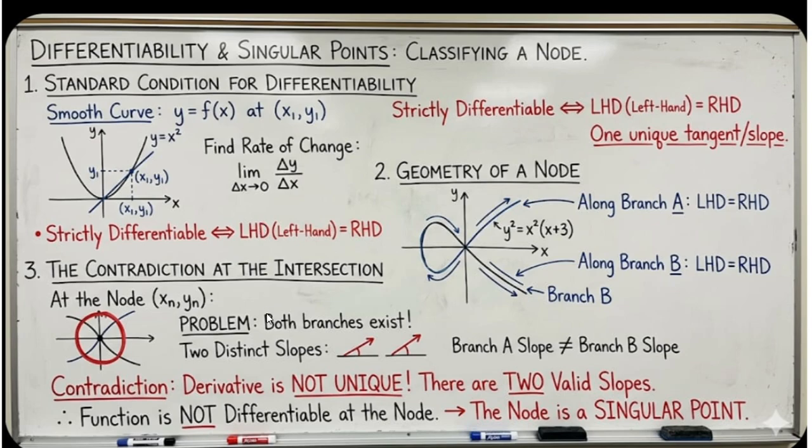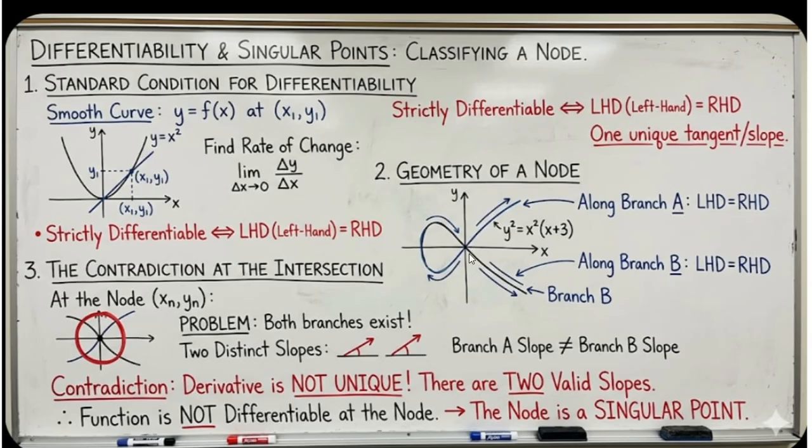But in the same case, what happens if two branches of the curve are crossing each other? Suppose this is the curve, branch A, and branch B. For this branch A, what happens? This is a function of y square is equal to x square into x plus 3. This is a function of the curve. At this point,